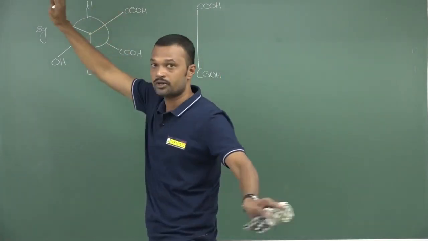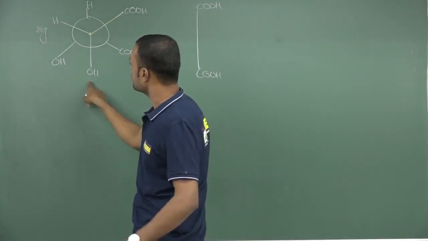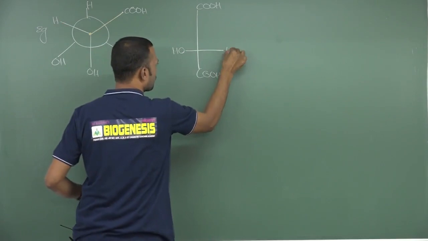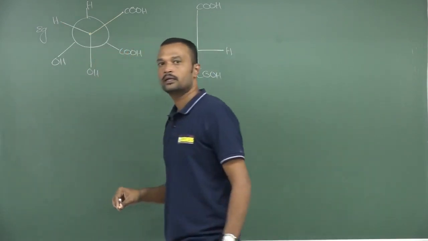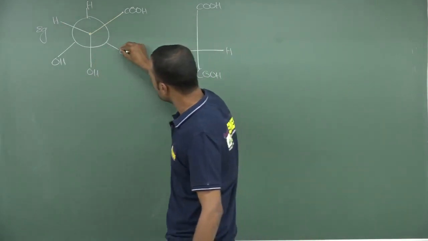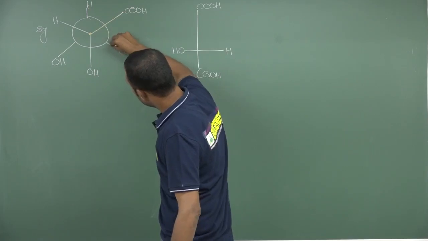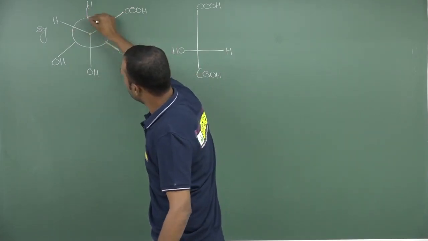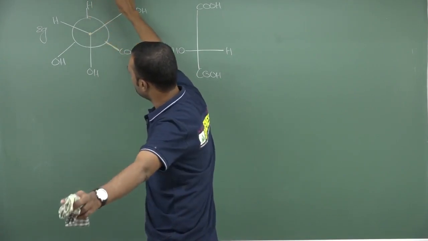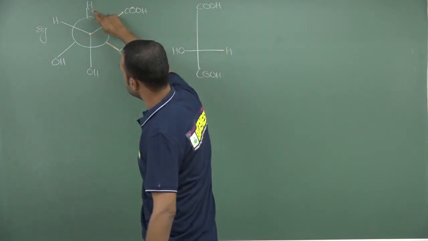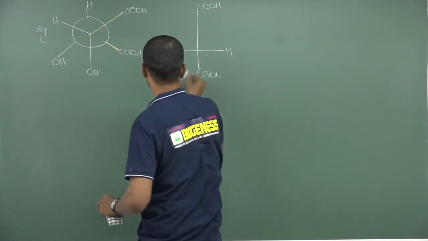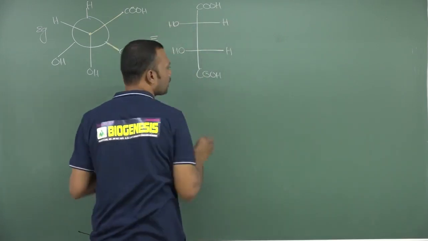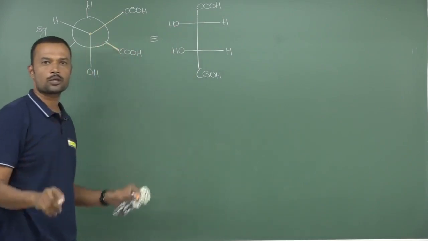Now if person is lifting hands like this, this is right hand and this is left hand. So OH is completely left side, hydrogen is right side. And same way you apply rear carbon. Rear carbon, this is carboxylic acid. It is leg of an observer, and this is completely body. And see, if you are watching from back side, this will be right hand, this is left hand. So this is right hand and this is left hand. This is simple, easiest interconversion for your examination.